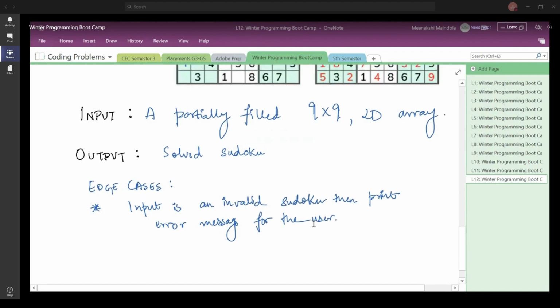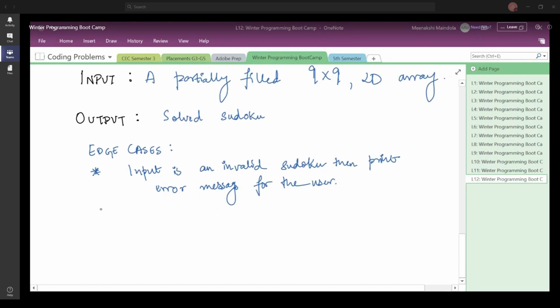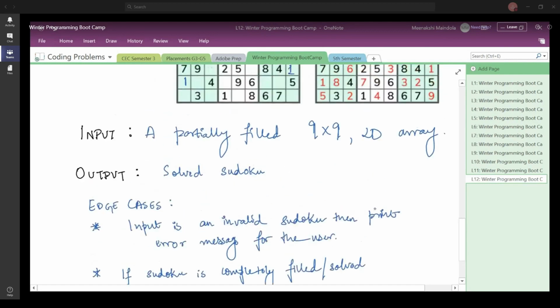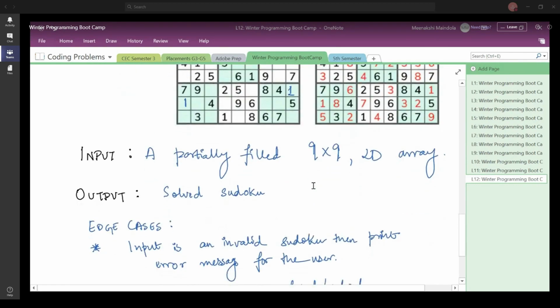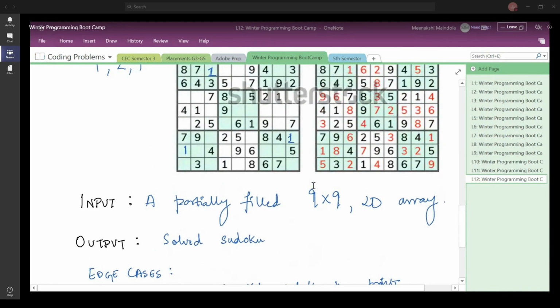The other thing that you can have is if the Sudoku is completely filled, or completely solved. It might be possible that the user gives you a completely filled Sudoku as an input. So what are you going to do in that case? You can simply output. There are two different things that you could do.